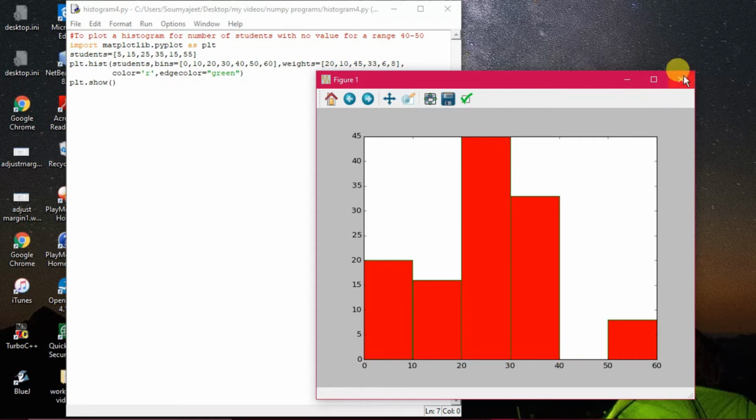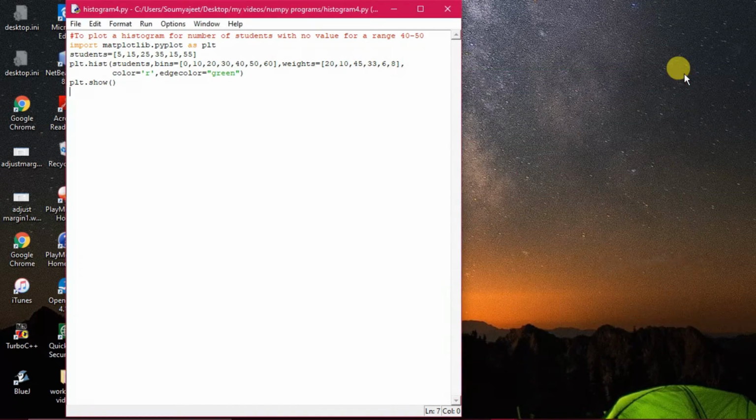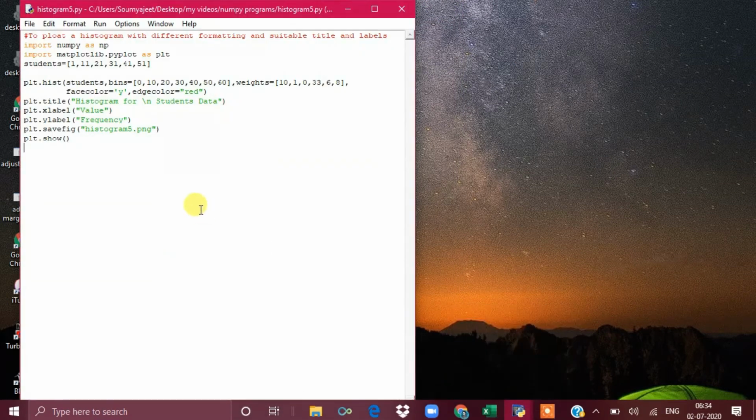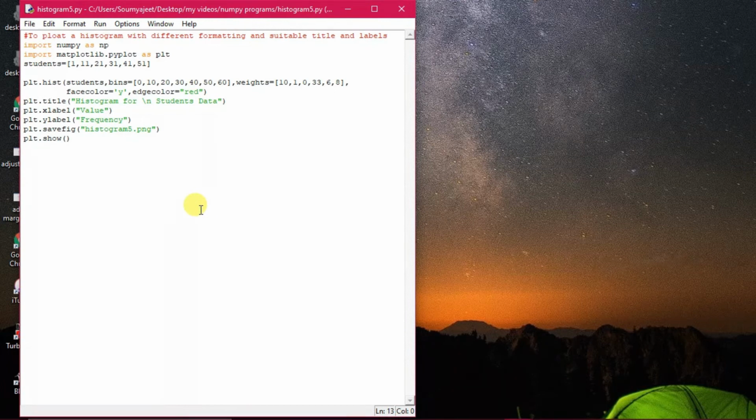All right, so now we will go to another program. We will see how to change the look of the histogram, because sometimes the blue color is appearing all the time. It should not be like that. So what we do is in the next histogram program. All the programs that have been displayed here, I am explaining to you, and you must implement them practically, so then you will understand the effect.